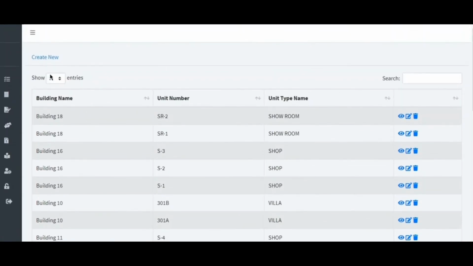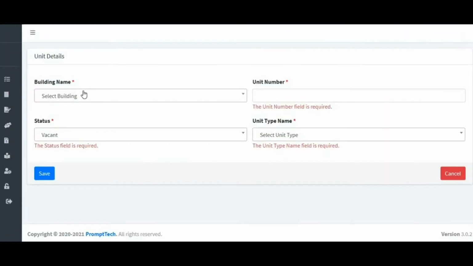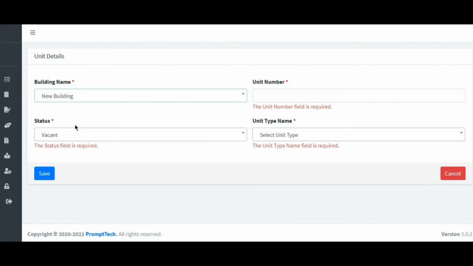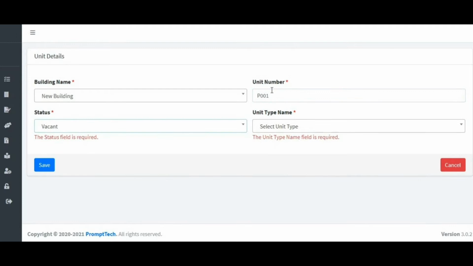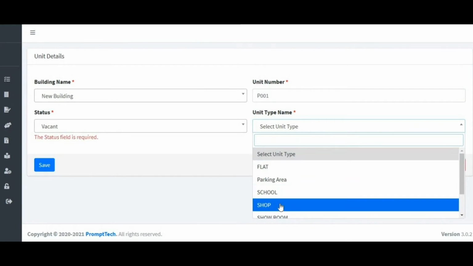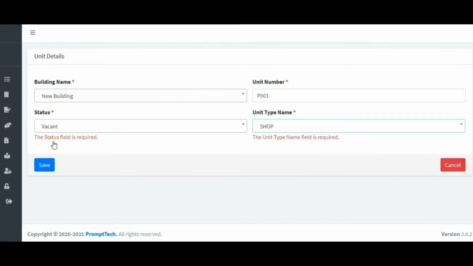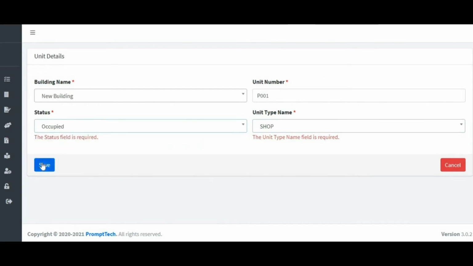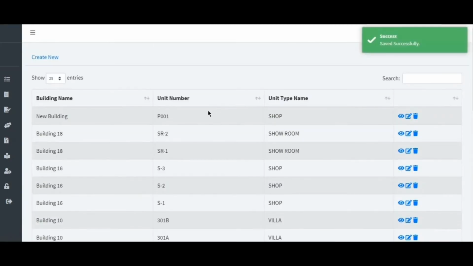For building type, you can give a unit number to them, right? And then you can put the status as well, whether it is a new building, and in the new building a particular number, for example room number 1002, whether it is vacant, occupied, whatever it is, you can put the details of it. You can also put what type of unit it is, a showroom or shop, which I had added in the previous step. So here you can even add the details of which kind of shop or villa it is.